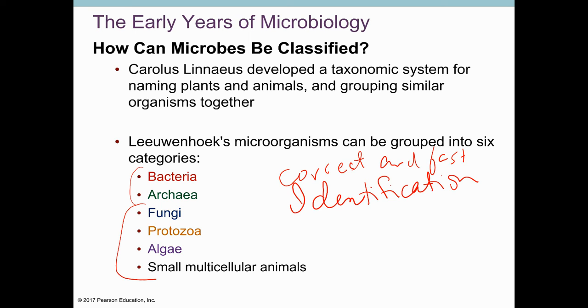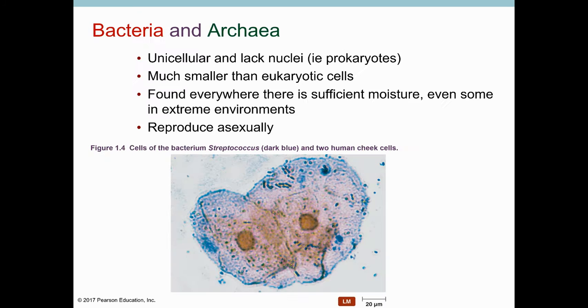We will spend quite a few chapters on bacteria. We're actually not going to talk very much about archaeans because they do not cause disease, and we are particularly going to focus on pathogens. Pathogens are microorganisms that cause disease. Because archaeans don't cause any diseases that we've ever identified, we don't talk about them very much. They're actually very interesting and quite useful in a lot of ways, but this course is going to focus on a medical angle for microbiology. So we'll talk about them a little bit, and then the fungus, the protozoans, the algae, and the animals.